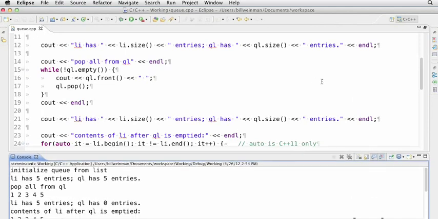So we initialize our queue from the list, and then we call size on both the list and the queue. And you can see the list has 5 entries and the queue has 5 entries. So the queue is a copy of the list. It's not a reference to the list. And so when we pop all the elements out of the queue, it will be empty and the list still has its 5 entries in it. And so here we see the list has 5 entries, the queue has 0 entries, and there's our popping all